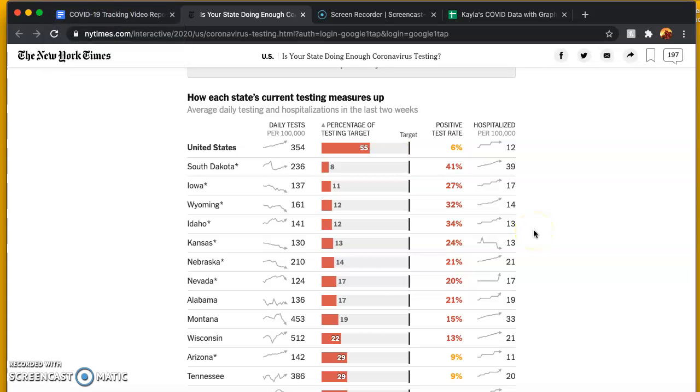And we need to listen to the healthcare professionals. The government officials need to listen to the healthcare professionals. I think in New Zealand, the government officials listen to the healthcare professionals, and I think they didn't even have cases for like 2 whole months. And we need to start listening.